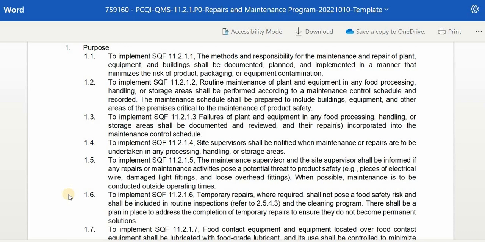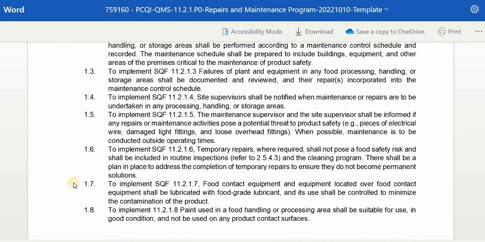To implement SQF 11.2.1.6, temporary repairs, where required, shall not pose a food safety risk and shall be included in routine inspections, and you may refer to 2.5.4.3 and the cleaning program. There shall be a plan in place to address the completion of temporary repairs to ensure they do not become permanent solutions. To implement SQF